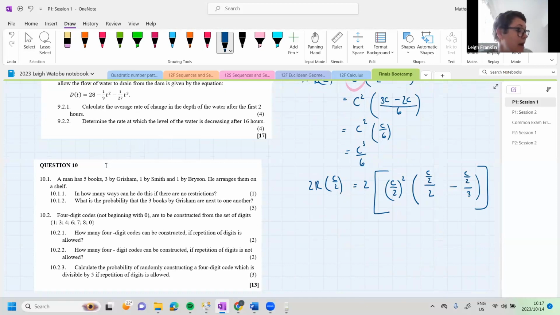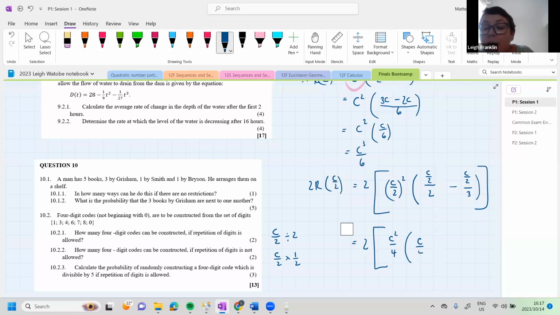All right, so now this is going to give us 2 into, sorry guys, this would be c squared over 4. And over here, if I've got c over 2 divided by 2, that's c over 2 times 2 over 1, so this would be 1 over 2. So this would end up being c over 4